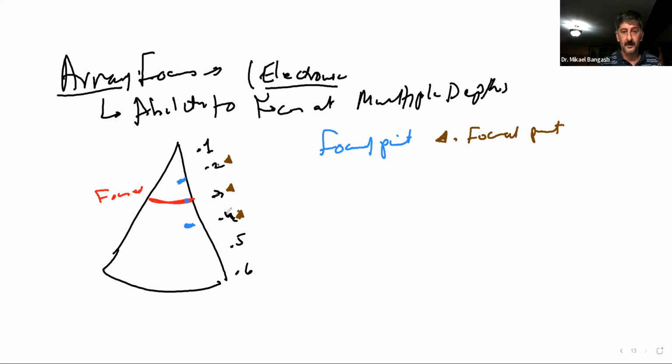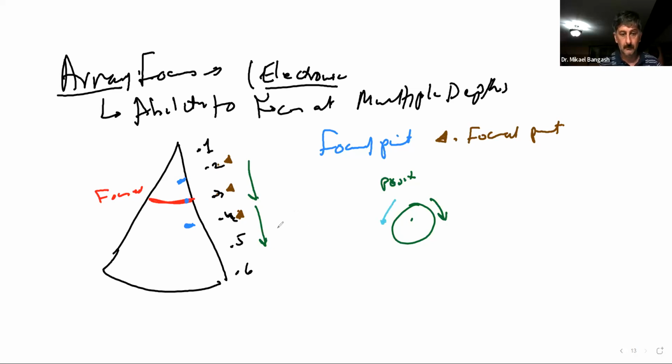And girls, if you want to move these 3 focal points to a greater depth, what do you do? Just push on the button, and there will be a switch, and then you can just turn it clockwise and move it down from 2, 3, 4 to 3, 4, 5, 3, 4, 5 to 4, 5, 6, as you twist this button. Because now you are just changing the position. Or if you want to move them up,